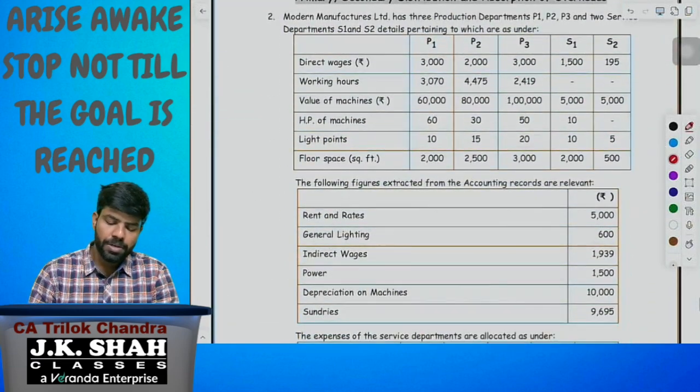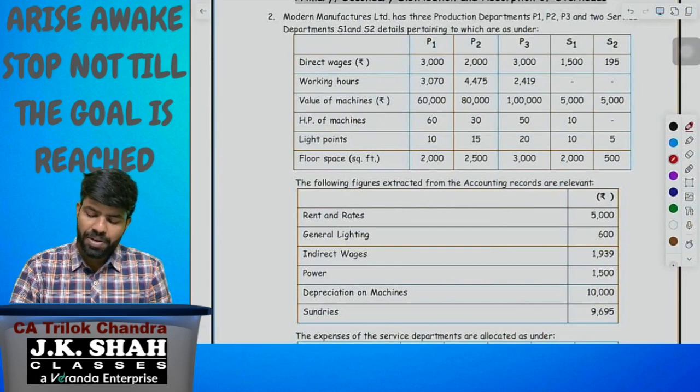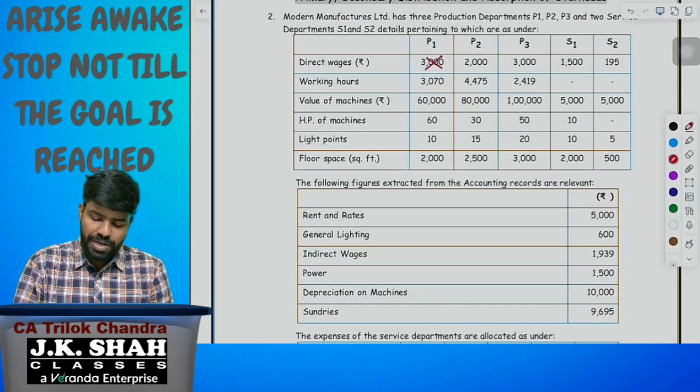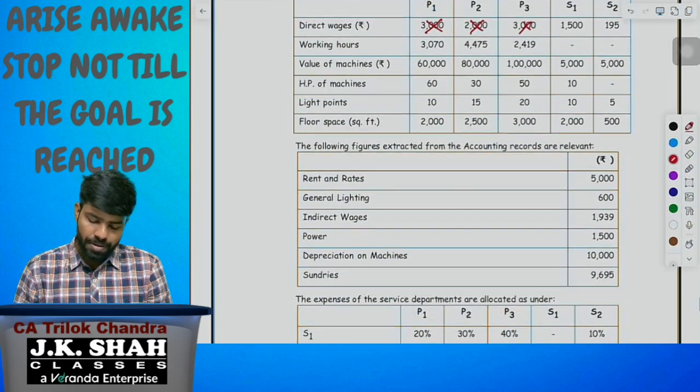Look at here. Modern Manufacturing Limited has 3 production departments P1, P2, P3 and 2 service departments S1 and S2. Details pertaining to which are as under. They are given for P1, P2, P3, S1, S2. Direct wages, don't take it for P1, P2, P3 but take it for S1, S2. Working hours given. Value of machines given. Horsepower of machines given. Light points, floor space given. Now,